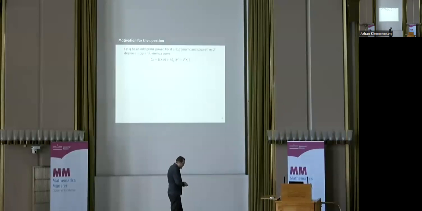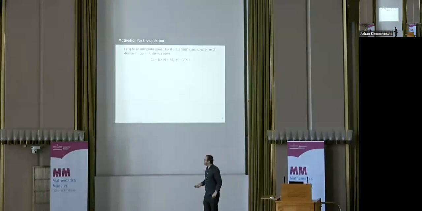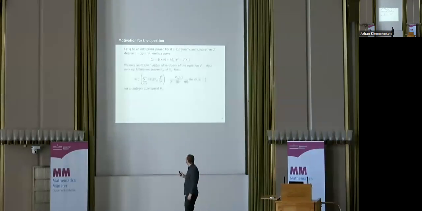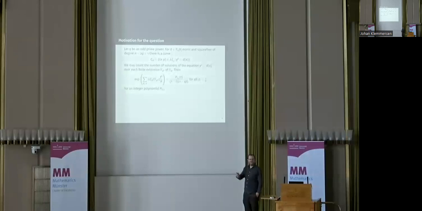It turns out that the wise thing to do is not to ask exactly how many solutions there are over F_q, but to ask that for every extension of F_q. And that can be arranged in the following formula. I apologize for the size of the formula. I'll try to speak through it. So let me explain it from left to right. We look at how many solutions there are to this equation over F_q to the k, meaning over some extension of F_q. There'll be a finite number for every extension that we take, and so we count them. We assemble those into this sort of logarithmic generating function, and then we take the exponential of that.